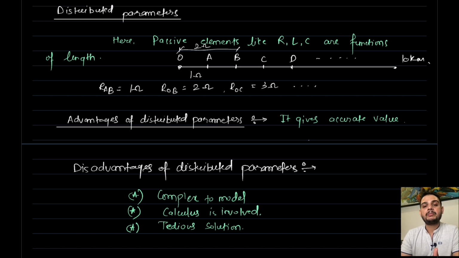So here we have taken parametric changes and environmental conditions into consideration. So what do we call these kinds of models? Distributed model or absolute model. Why? Because here we have considered parametric changes like length, temperature, humidity or any environmental conditions. Now what is the advantage of this distributed model? After taking length as a function of my passive element, the analysis will be exact. Here we will get an accurate value, because we are taking all the conditions into consideration.